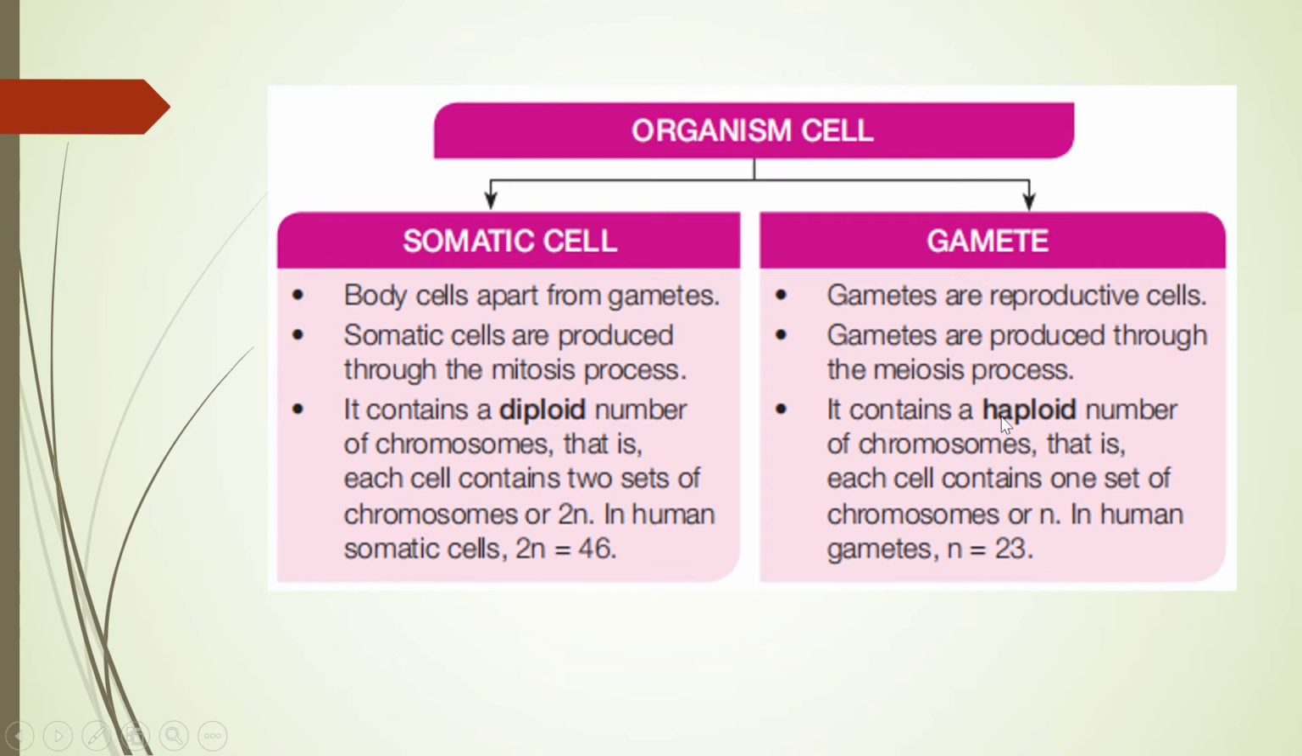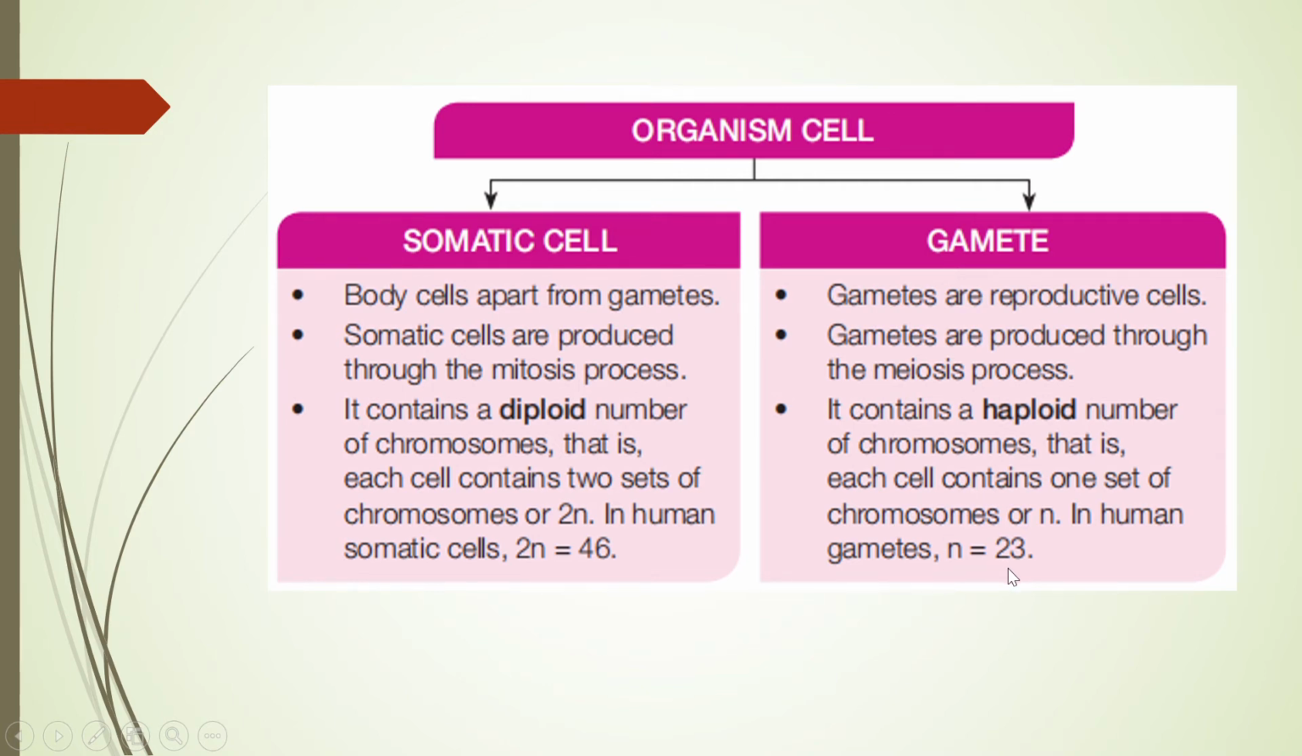But a gamete contains a haploid number of chromosomes. That means our gametes, do you still remember gametes? The female gamete is known as the ovum, and the male gamete is known as the sperm. Each ovum or each sperm contains 1 set of chromosomes, or N. In human gametes, our N is 23. So this is half the full set that I mentioned just now. The somatic cell full set is this figure, 46. But in our gametes, the number of chromosomes is half the full set, which is